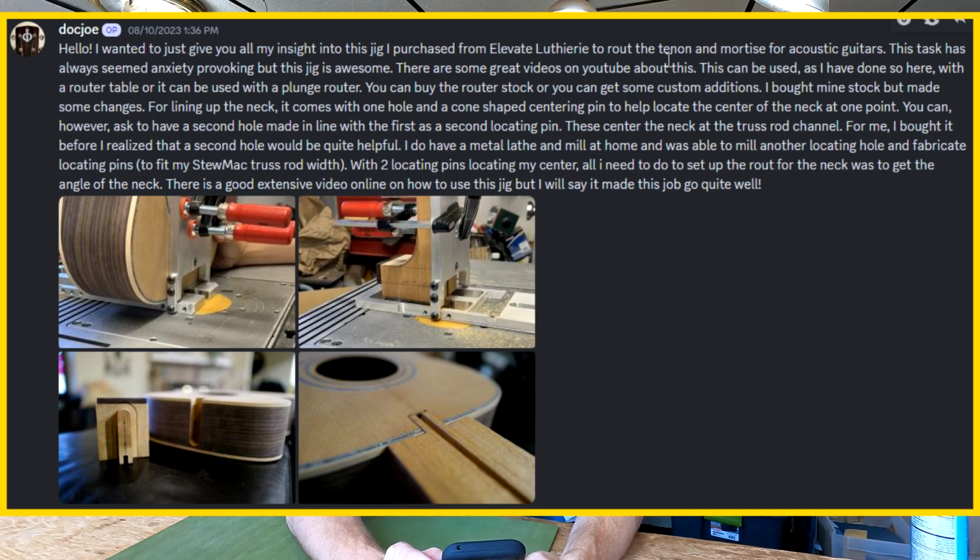For me, I bought it before I realized that a second hole would be quite helpful. I do have a metal lathe and mill at home and was able to mill another locating hole and fabricate locating pins to fit my StewMac truss rod width. With 2 locating pins locating my center, all I need to do to set up the route for the neck was to get the angle of the neck. There's a good extensive video online on how to use this jig, but I will say it made this job go quite well." And he's got some nice pictures here, including showing it being used on a router table,